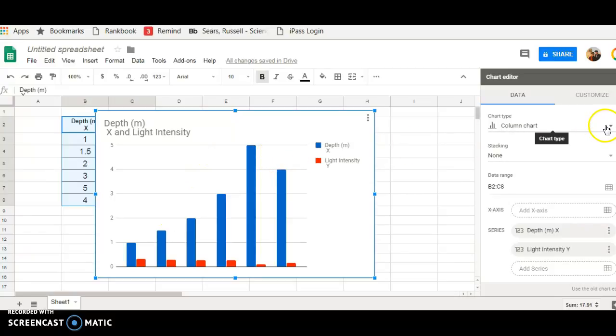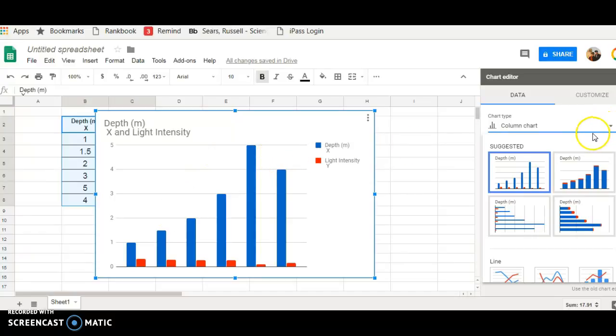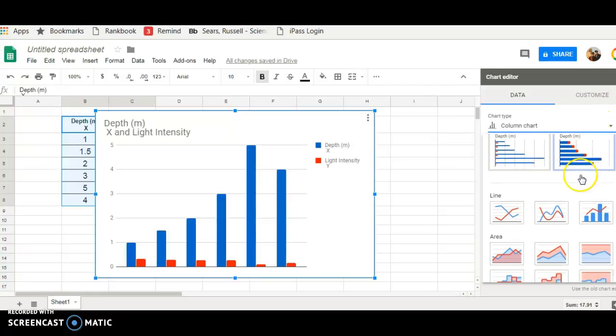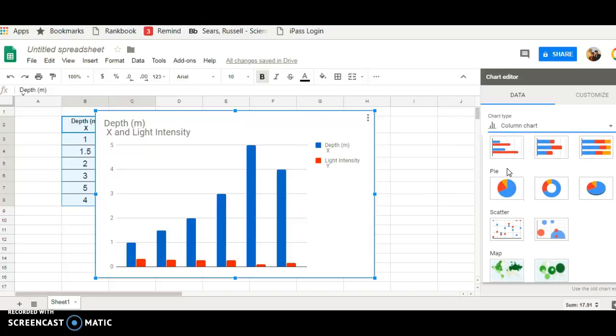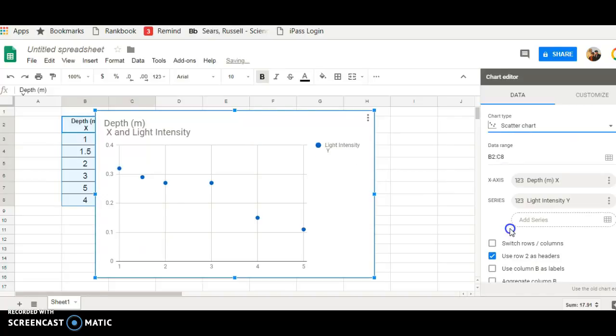in a science class. So over here on the right, you're going to choose the type of chart that you're going to use. A lot of kids like the line graph, but that's not the one you use. Here you use a scatter plot. And here you can see that the data is plotted as it should